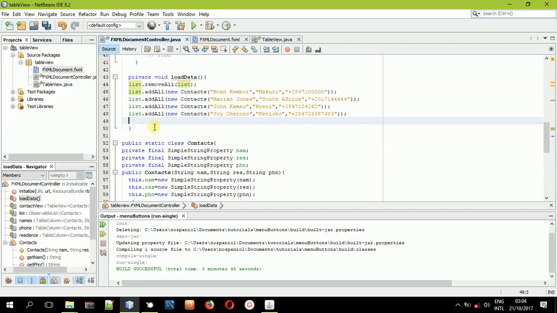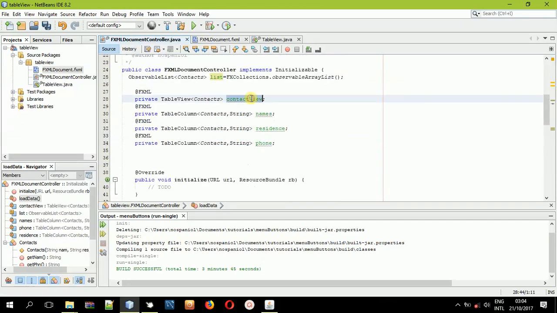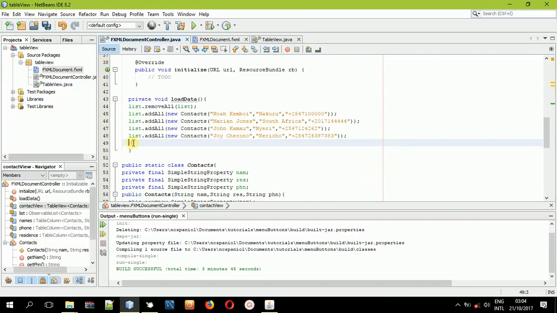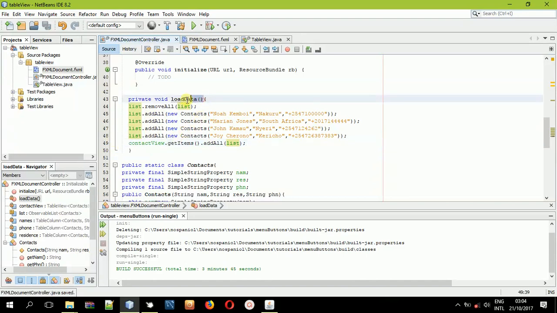And now that we have added some data into the observable list, let us put this information in the table view. So to do that, very simple. Now call the name of the table view, which is contact view. So I'll say contact view, create items. Then here I'll just type in the name of the list, the observable list. So now we are good to go. You can call this method here,